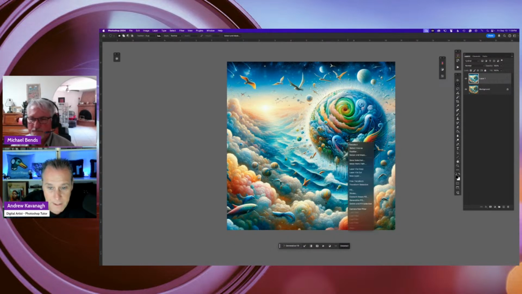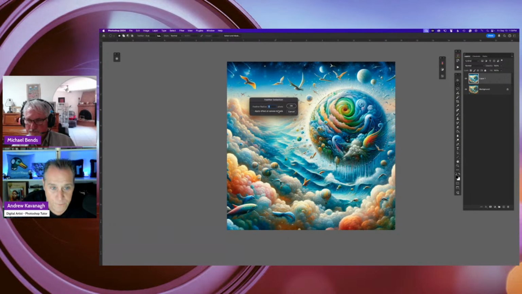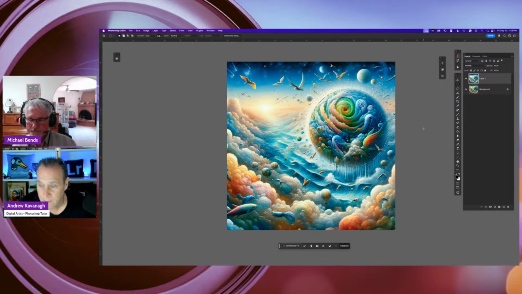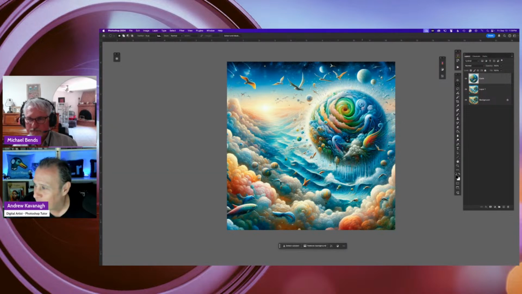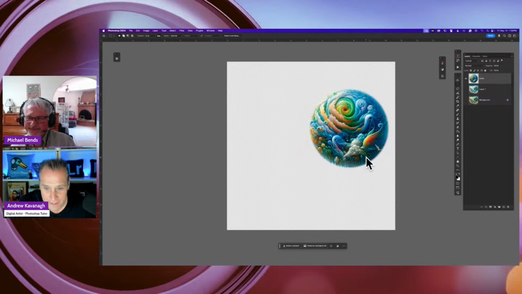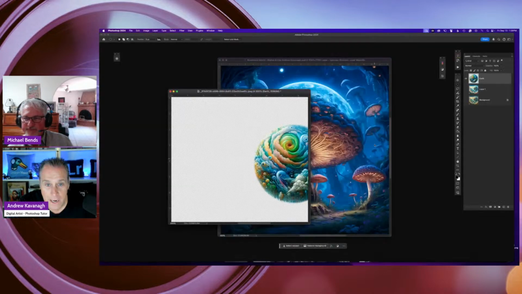And then what I will tend to do is right click, choose a feather. In this case, maybe something soft like a 3 to 6. And then I'm going to make a layer from that selection. So on a Mac, I do Command Option J. And I like to do Option J so I can name it. So I'll just call it Earth. It's a very abstract Earth, but it's Earth. And then, if I turn off the other layers, you'll see that there it is as its own layer.